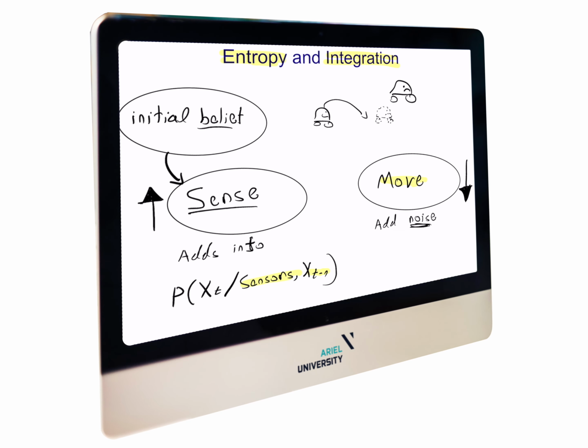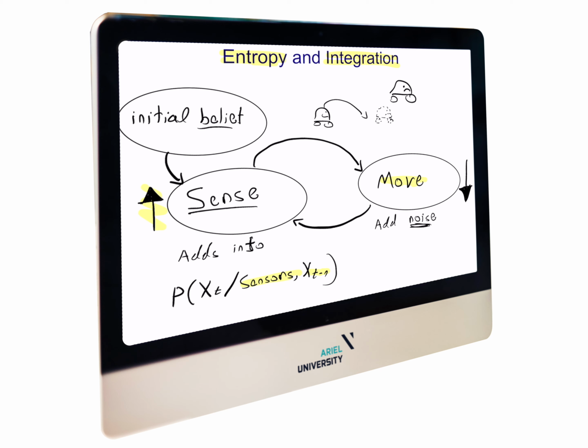In the next video, we will talk about how the update increases the certainty in the system and the movement decreases the certainty in the system. Why? Because the new variance, the new uncertainty, is bigger than the prior uncertainty, than the prior variance. We add the uncertainty of the movement. Therefore, movement in the Kalman filter, or in any Bayesian localization filter, always decreases the certainty.